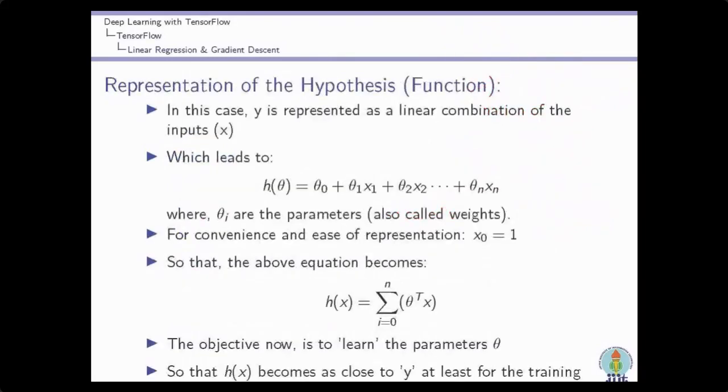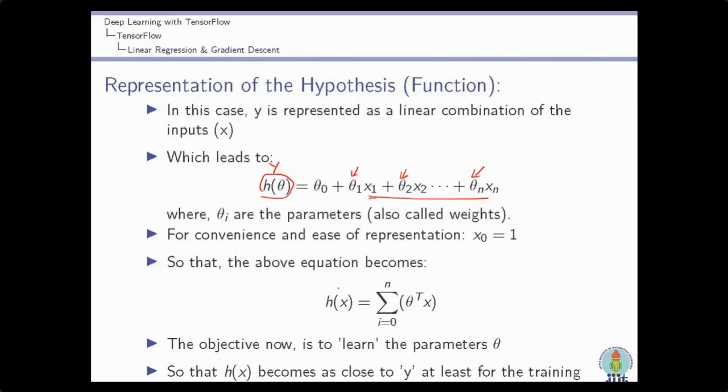So this is all about what I have just told you. Y is equal to theta 0 plus theta 1 x1 plus theta 2 x2. So there is a relationship between y and x, where x has n features. Here we have to find the theta values, because x is fixed and y we know, and we find the theta values after the learning process.